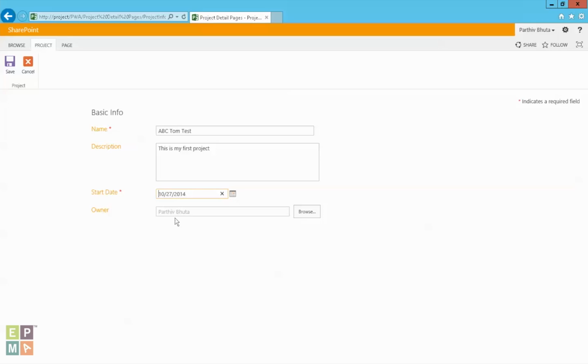I can see the owner here. I'm actually using a different person's account, Partiv's. So he's the owner because he's the person that's creating it. And I can see I'm logged in as Partiv at the top right hand side of the screen. When I hit save,